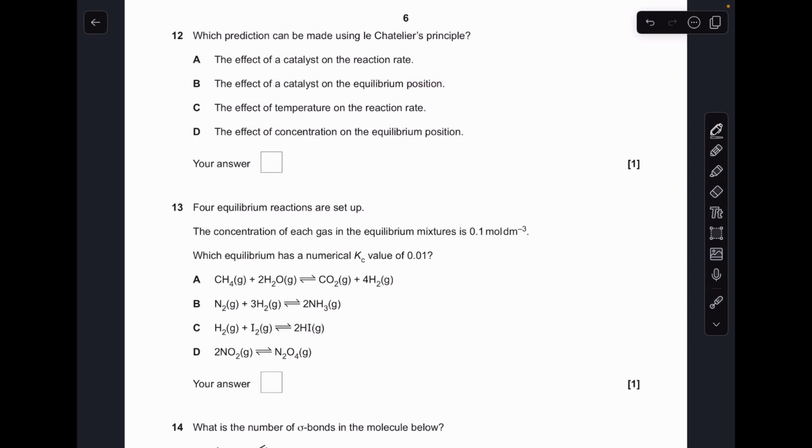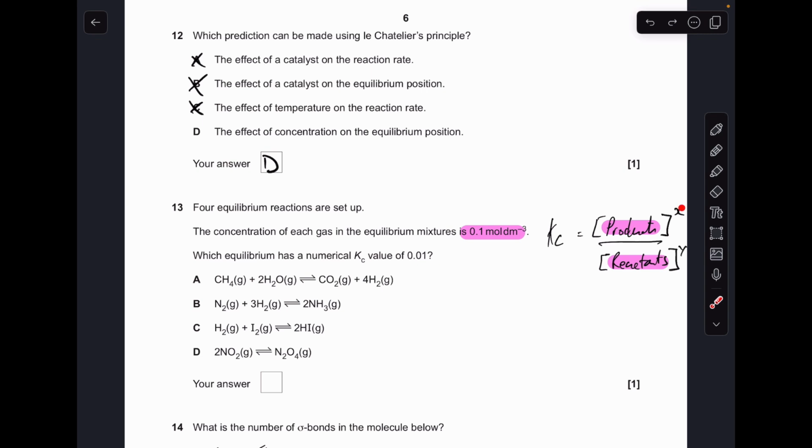Number 12, so Le Chatelier's principle can't make any predictions about rate, so that means A is out and C is out. Catalysts don't affect the position of an equilibrium, so B is out, so that means D is the answer. Number 13, so at the heart of this is the Kc expression, so it's equal to the equilibrium concentration